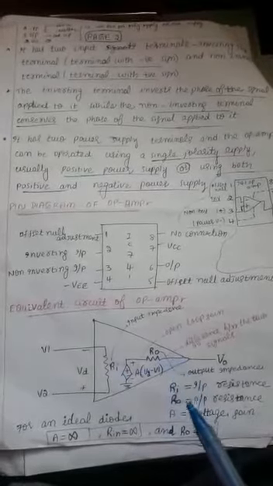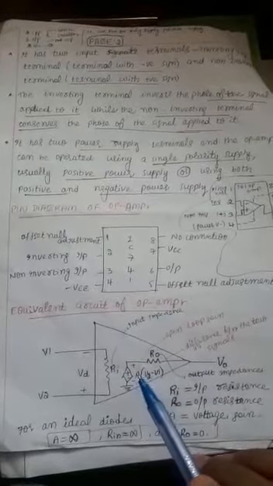So if you come to the equivalent circuit of an op-amp, what does this IC, or your triangular op-amp, consist of inside? In the sense, it consists of input impedance or input resistance Ri, output impedance or output resistance R0. A is the open loop gain, nothing but A into V2 minus V1, nothing but Vd, differential voltage.